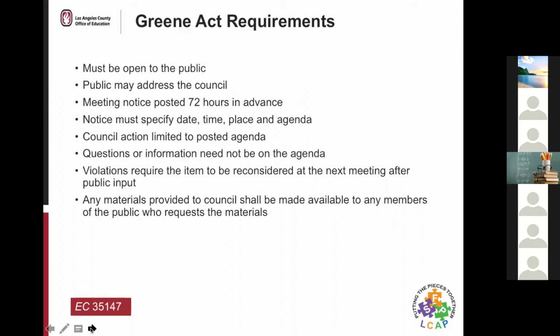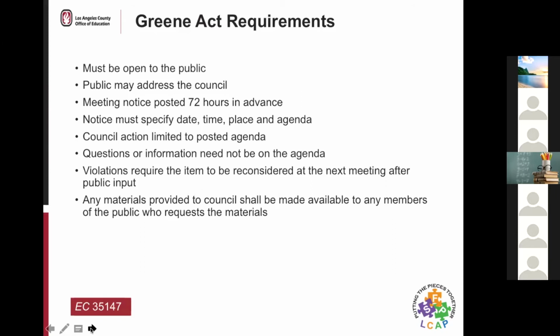There are some similarities, but again, you can see it's fairly short and fairly simple. Meetings have to be open to the public. The public has to have an opportunity to address the council. And the posting requirement, which is where the meeting notice comes from, is in this section of Education Code. What needs to be included in the notice is also specified here.